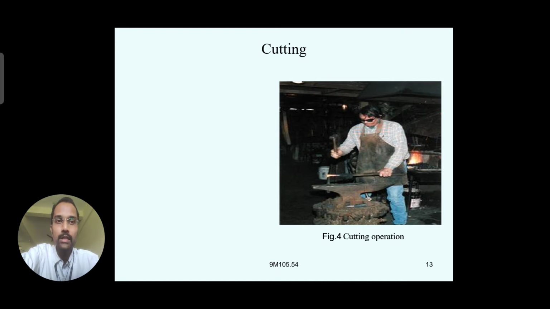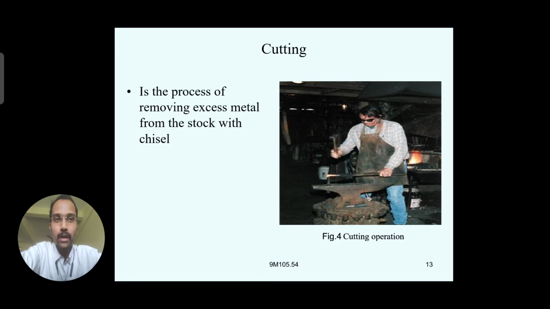Generally we are preferring the chisels. Hope you remember that chisels are used for cutting work pieces, which may be hot or cold metals. Removing this excess material to cut the particular length of the metal, we can cut with the help of the chisel by applying some hammering action with the hammer. So removing some excess material can also be considered like that.